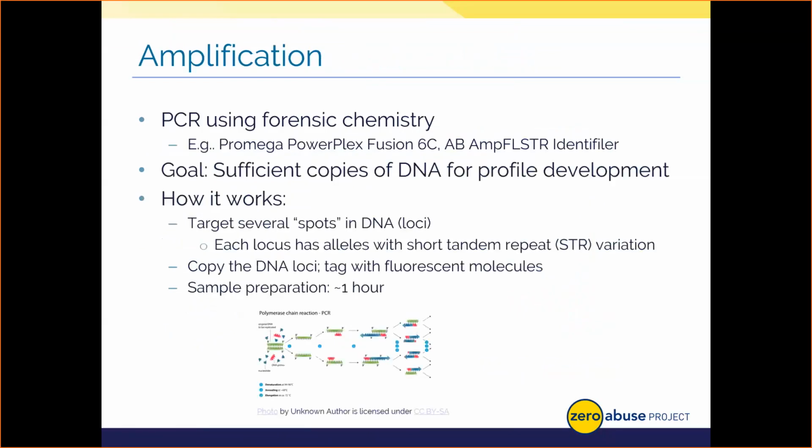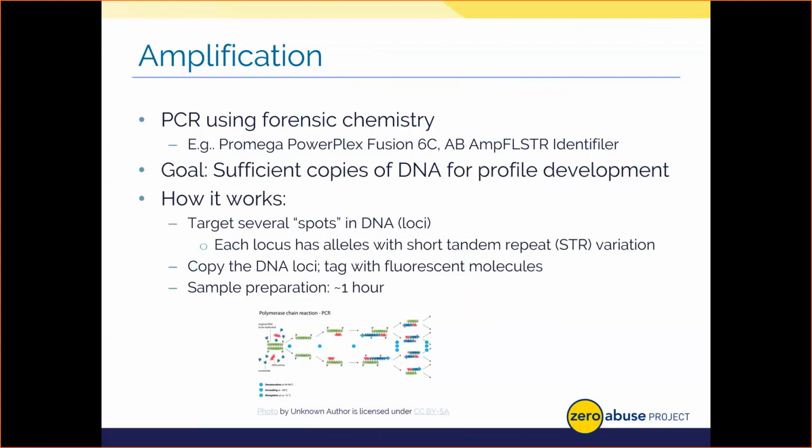Moving on then, once we've got extraction, we've quantified our DNA, we need to go to amplification, where we make copies of DNA such that it can be used to develop that robust profile for statistical analysis and courtroom evaluation as it pertains to tying persons to a given evidentiary item. In other words, with forensic amplification kits, we basically activate a molecular copy machine to make multiple copies of DNA at several loci, all right, or specific spots of DNA.